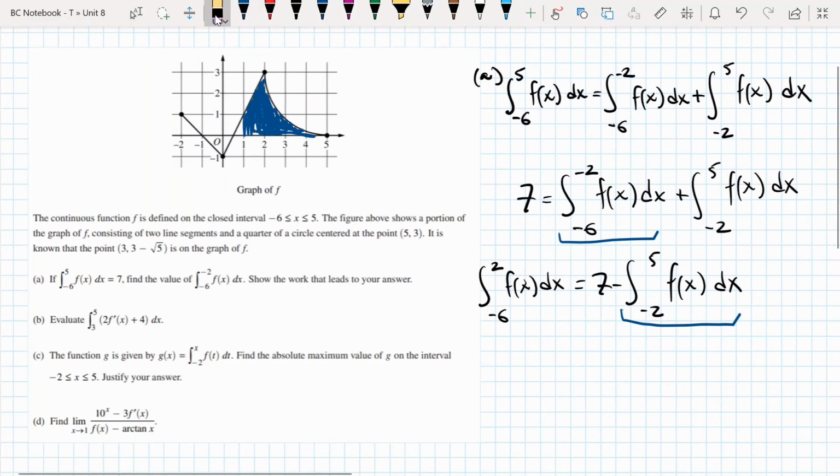Well, we can start by, sorry, I keep erasing this and writing it again. Well, this is an area of 1. This is also going to be another area of 1. When you add those two sections up, you get a whole square. And then we want to find this area by using the area of the circle. So this integral will become 7 minus